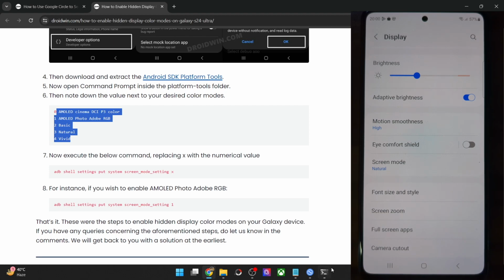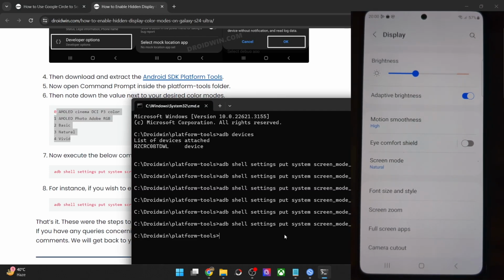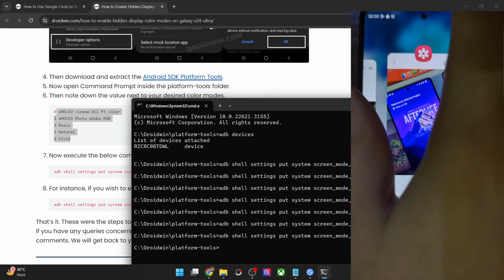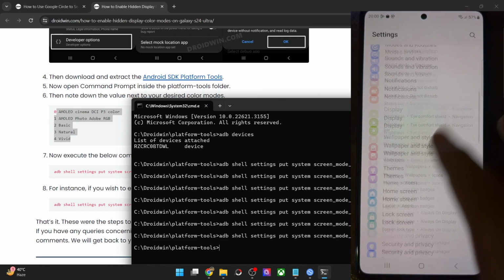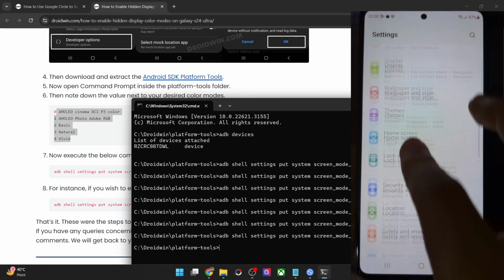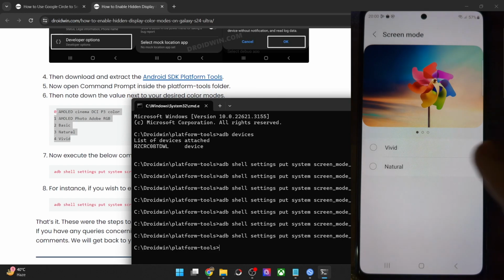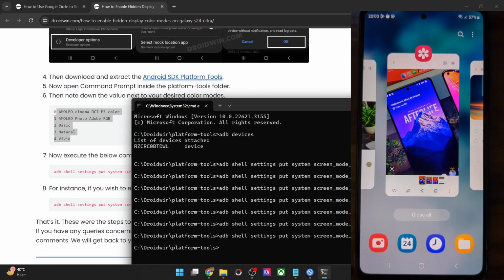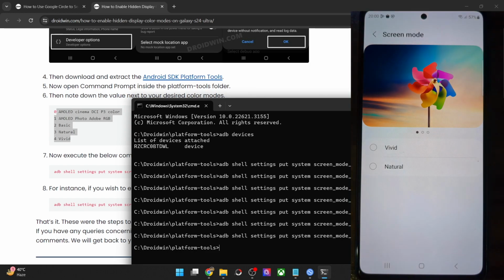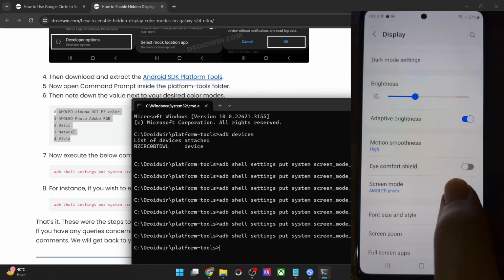So for instance, if we apply the RGB mode, then let me show you. The RGB has been implemented. Let's close this screen and relaunch it. And as you could see, the AMOLED photo RGB is implemented, but it will only be shown here and not inside here. Moreover, you will also have to close the settings menu and then relaunch it for the change to be implemented. And as you could see, once the change has been implemented, both of these are non-selected and they are unchecked as of now, because we have the AMOLED photo.